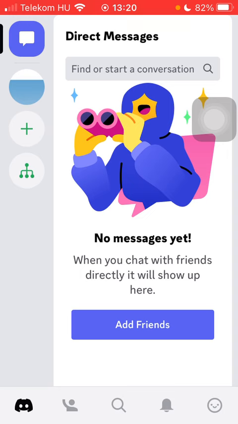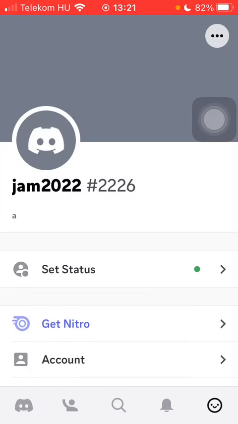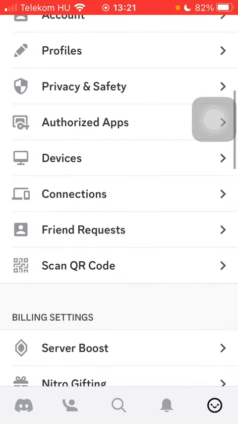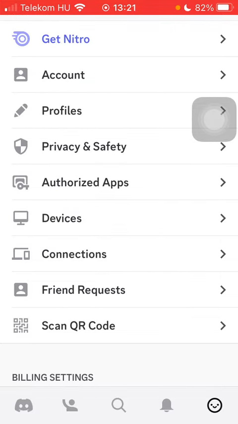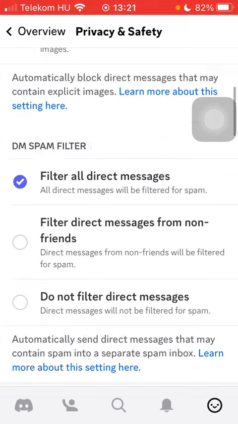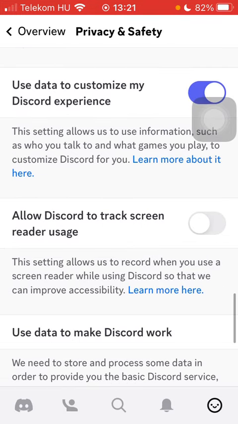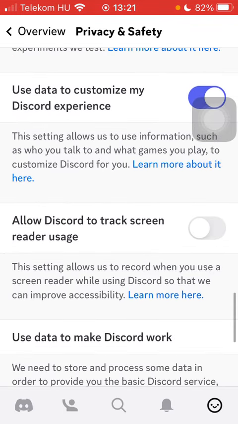First of all, open the application on your phone, then tap on this emoji button down below on the right side corner of the screen, scroll down and click on privacy and safety. Scroll down to the bottom until you find the allow Discord to track screen